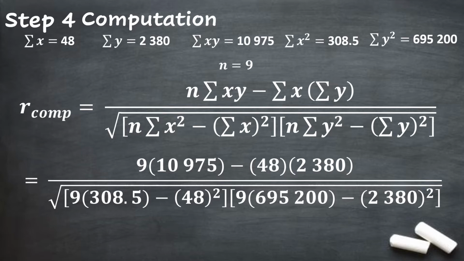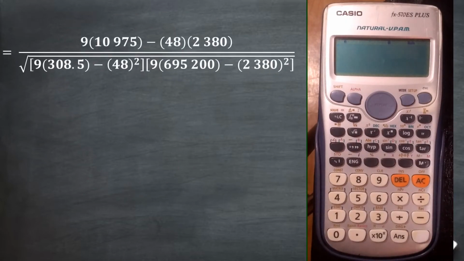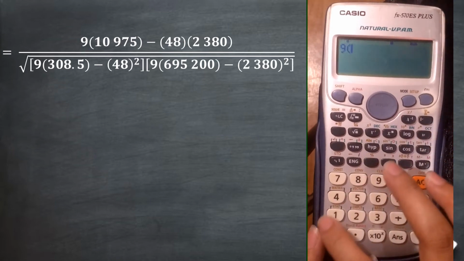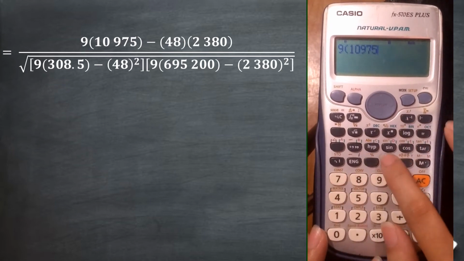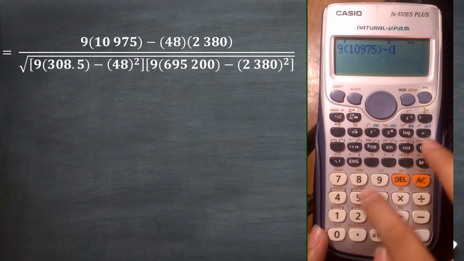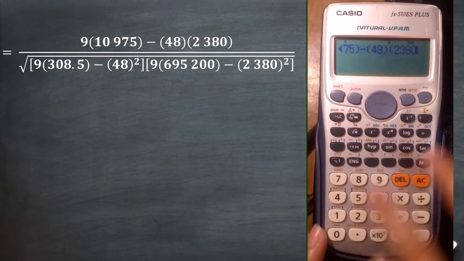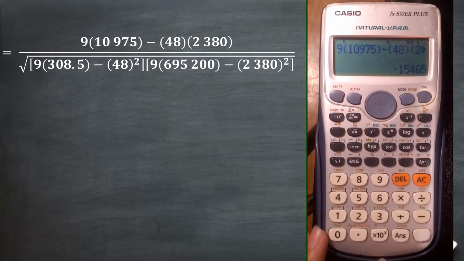So I highly suggest you compute for the numerator first, then simplify the denominator, then divide the numerator by the denominator, and that's the time you can compute for the R computed. Solving for R computed, we compute for the numerator first. We have 9 times (10,975) minus (48)(2,380) equals. So the value for the numerator is negative